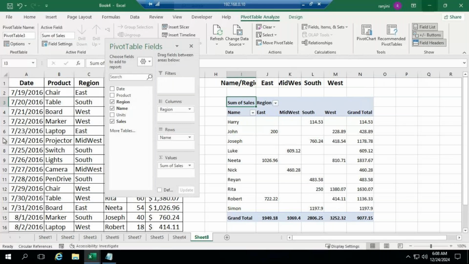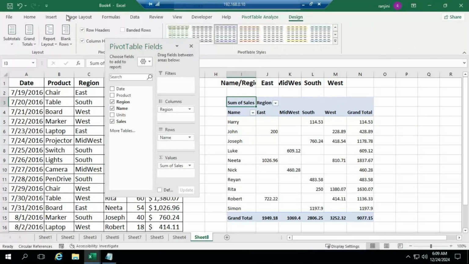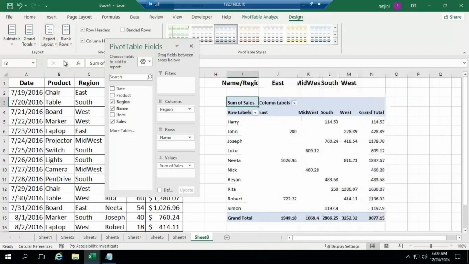Now I want some changes to be done. See, it is showing you region. It is showing you the column name. If you change this under design tab, it is showing you compact form. Compact means it is showing you row labels and column labels. Row labels is your name. Column label is your region. I want to display